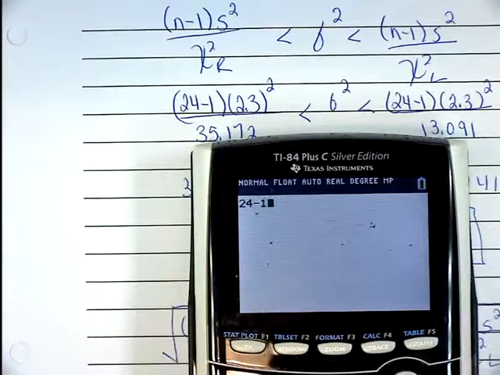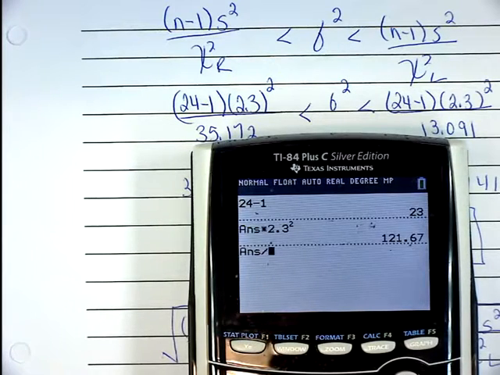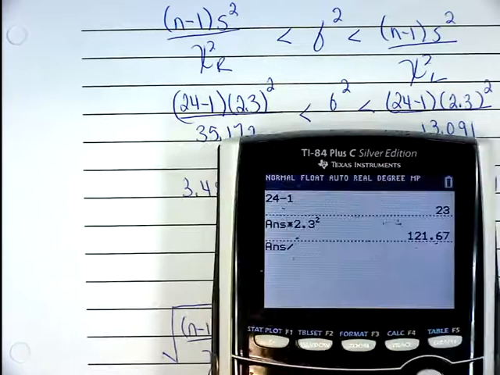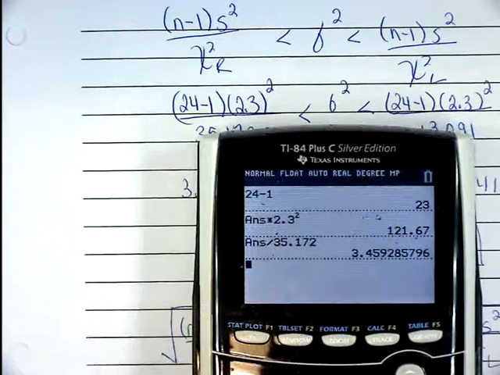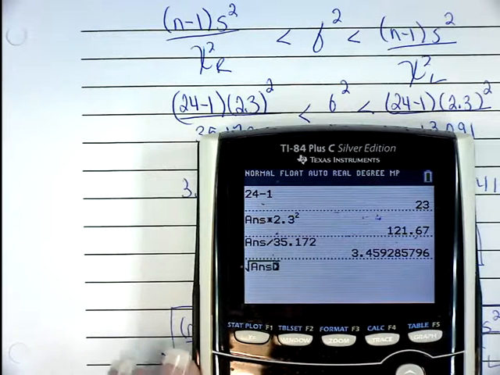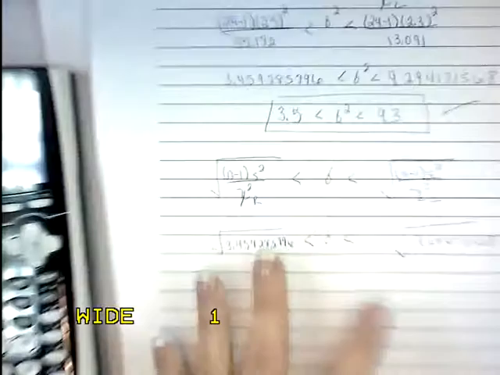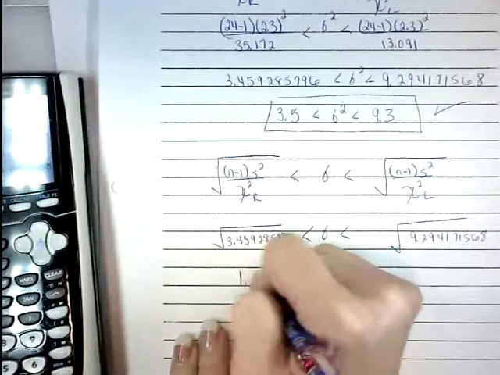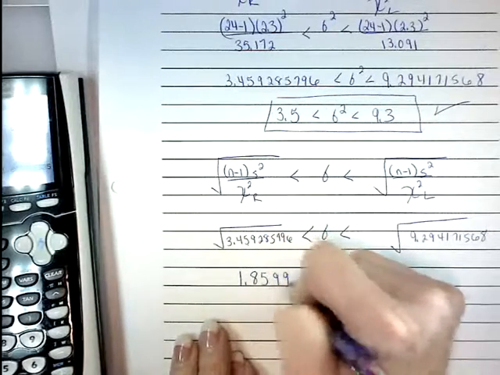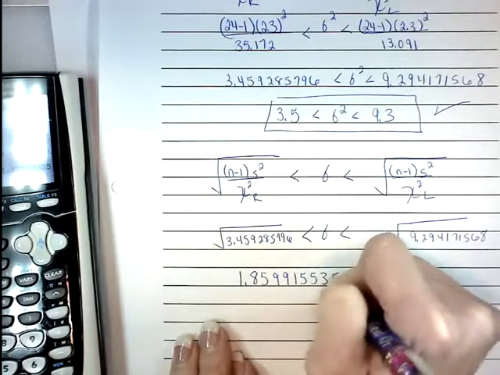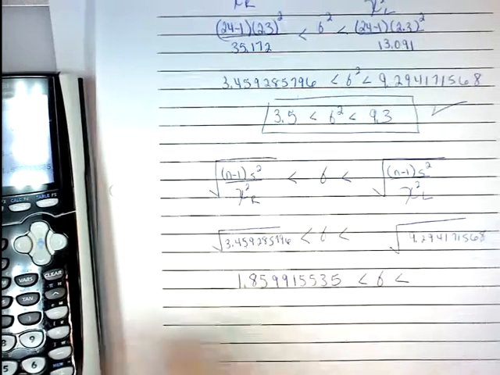24 minus 1 times 2.3 squared divided by chi-square from the right, 35.172. And then I'm just going to say second square root of second answer instead of retyping that. And I'm going to write down that number. That is 1.859915535 for the lower. And then the upper,